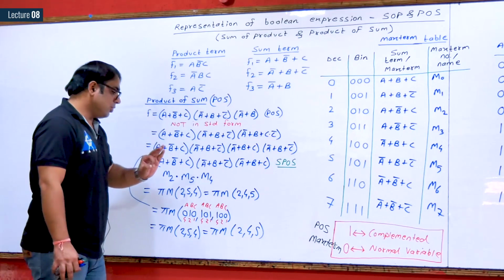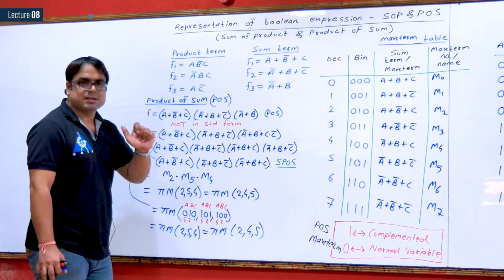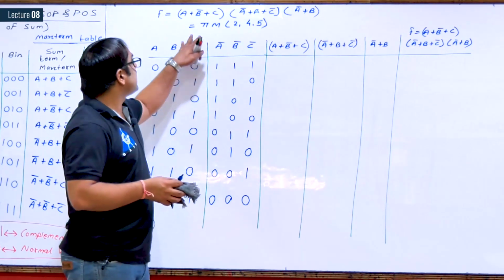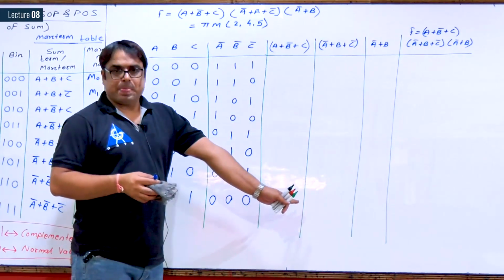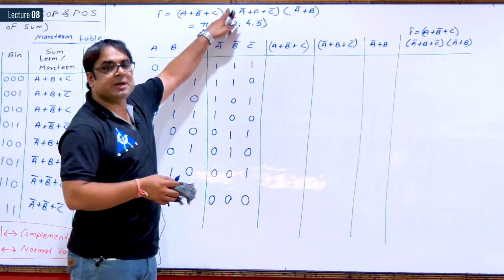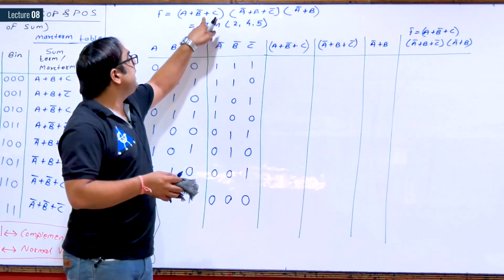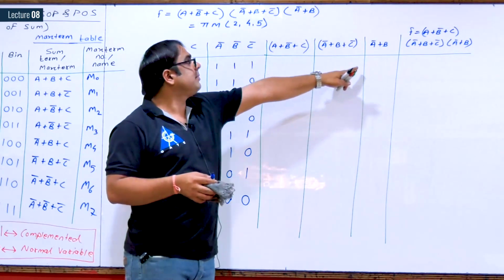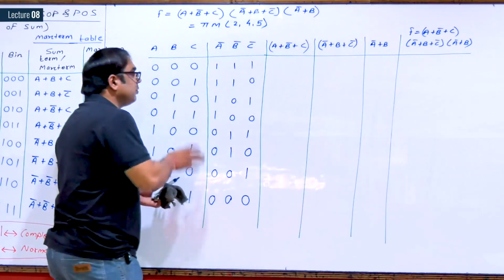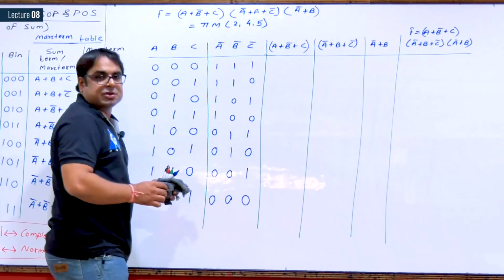Okay. So now let us discuss some more detail about this max term. To understand what exactly a max term is, I will ask you to complete the table. Now you can understand what this table is. This was the function given to us and this is the conclusion, the max terms number. Each term I have written in each of the columns, and then at the end the dot operation as well. So I want you to complete this table. I will also complete it, then we will discuss the conclusions.